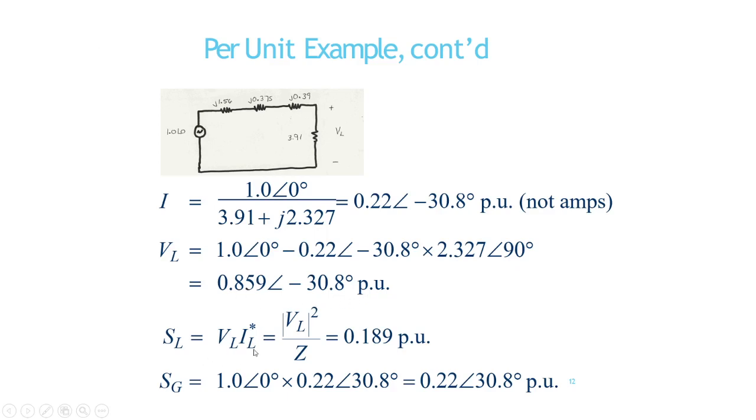SL will be equal to VL IL conjugate. Conjugate means that if there is a plus, you take it as minus. That is VL square by Z, 0.189 per unit. SG is equal to 1.0 angle 0 into 0.22 angle 30.8 degree, that is 0.22 angle 30.8 degree